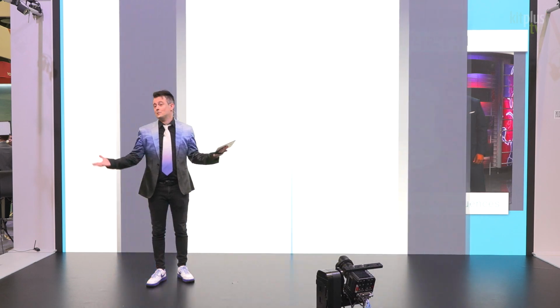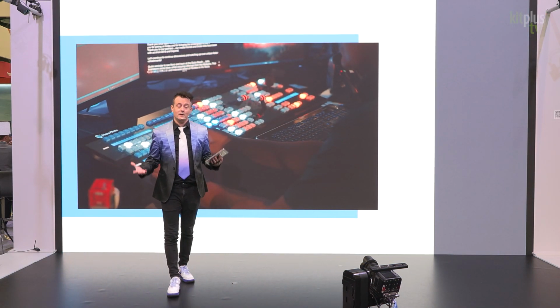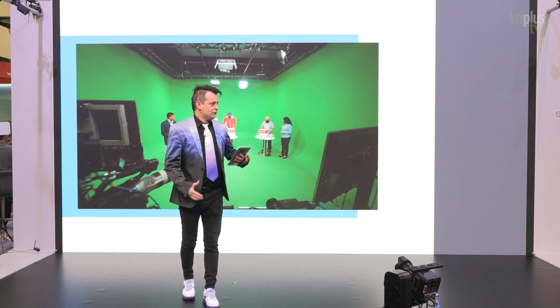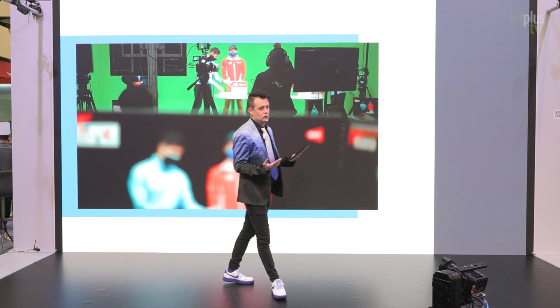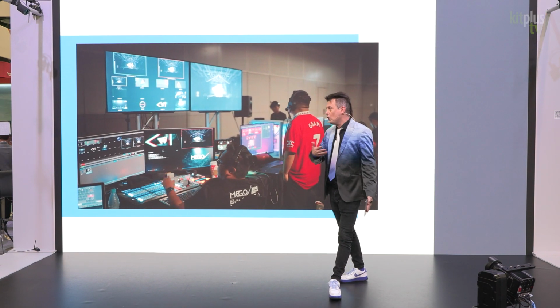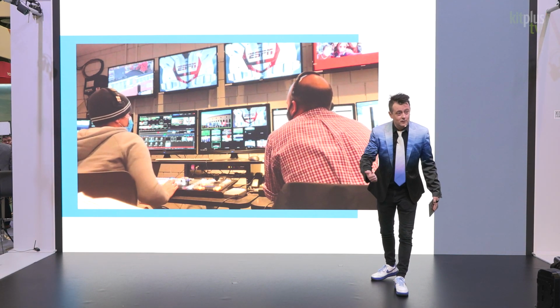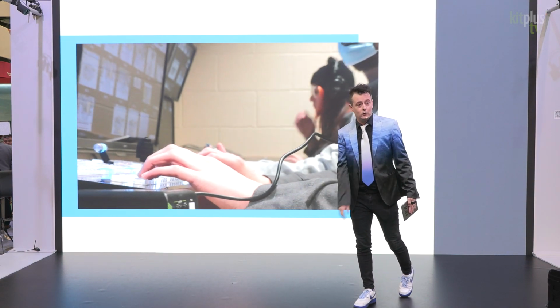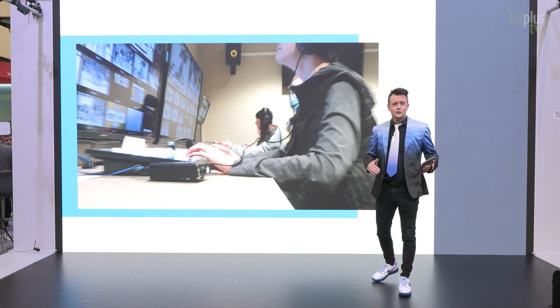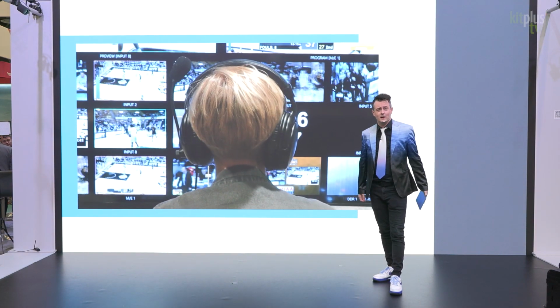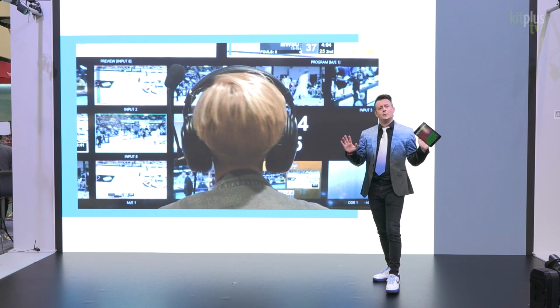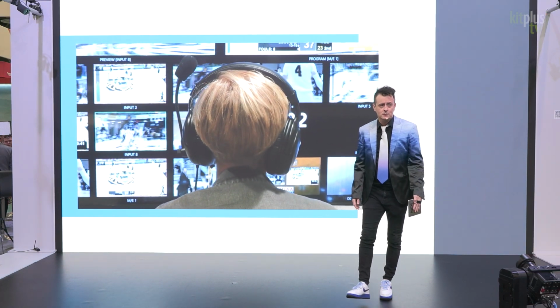And honestly, that's the biggest benefit of TriCaster, is how easy it is to use. So you'll see TriCasters being used in all sorts of video productions all over the world, but they're also used in places like businesses, schools, and houses of worship. And with TriCaster, the ability to create an amazing show is available to more people than ever before.